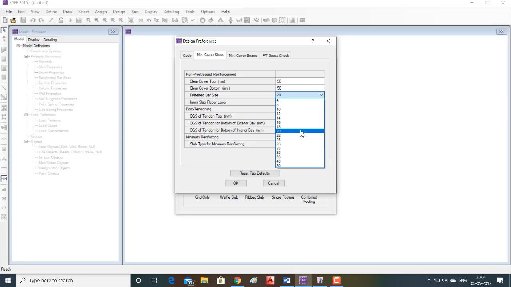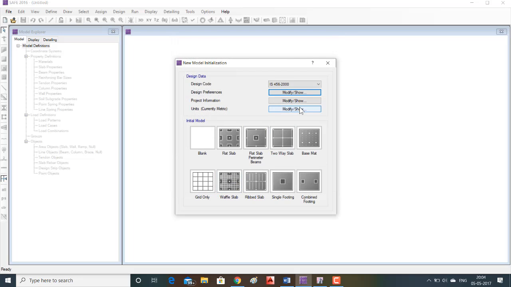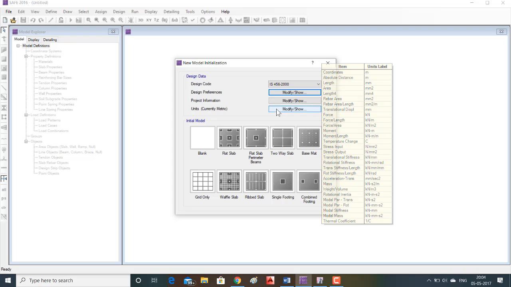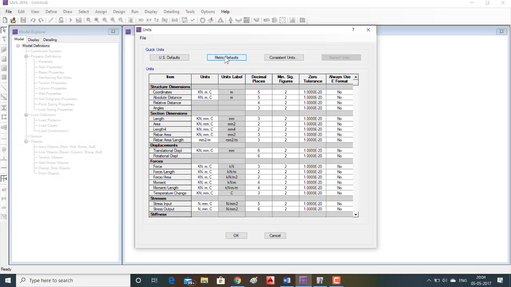Rebar as 20 mm. Click on OK. For units, go to modify and metric default. Click on OK.